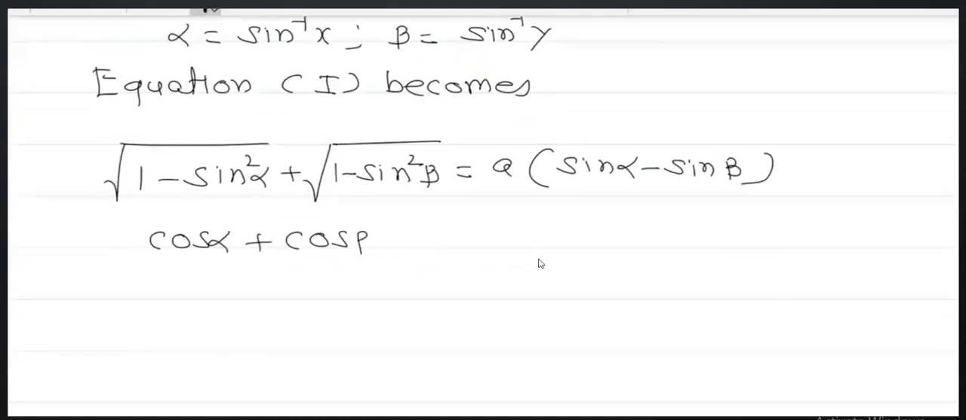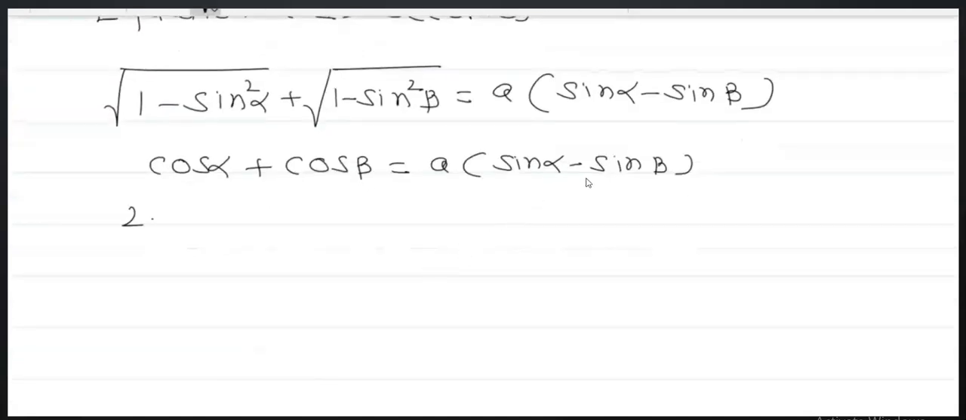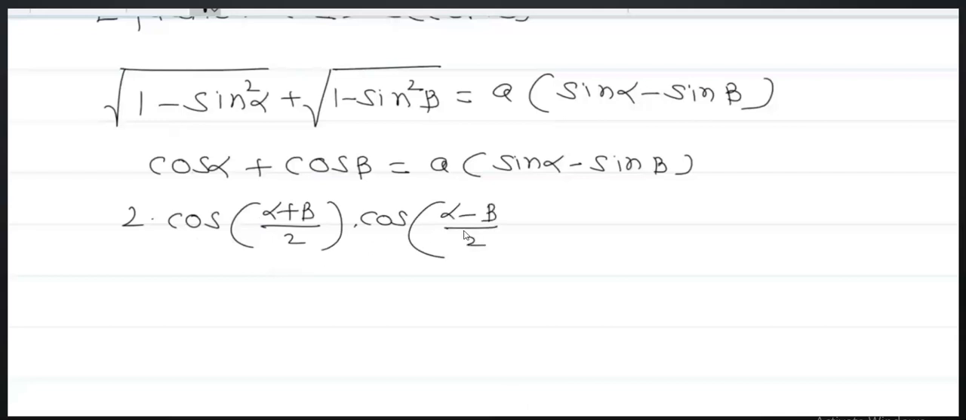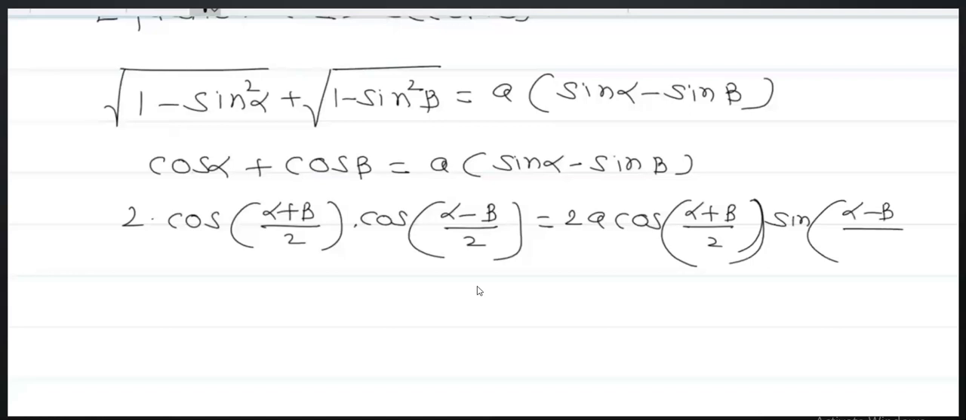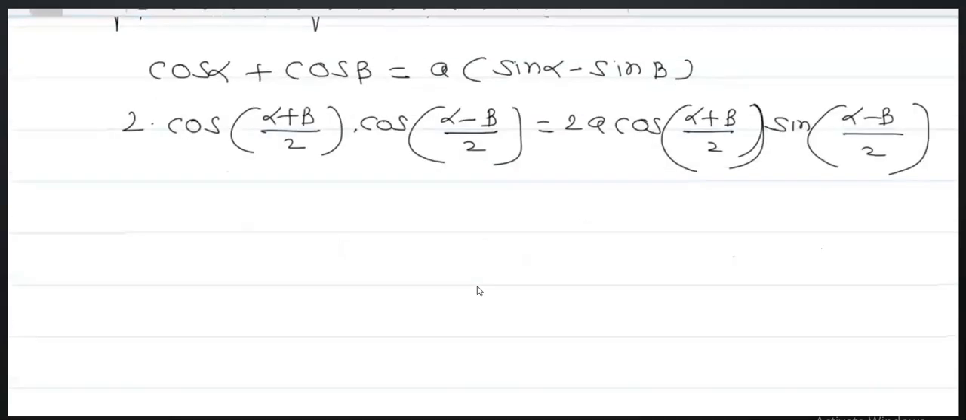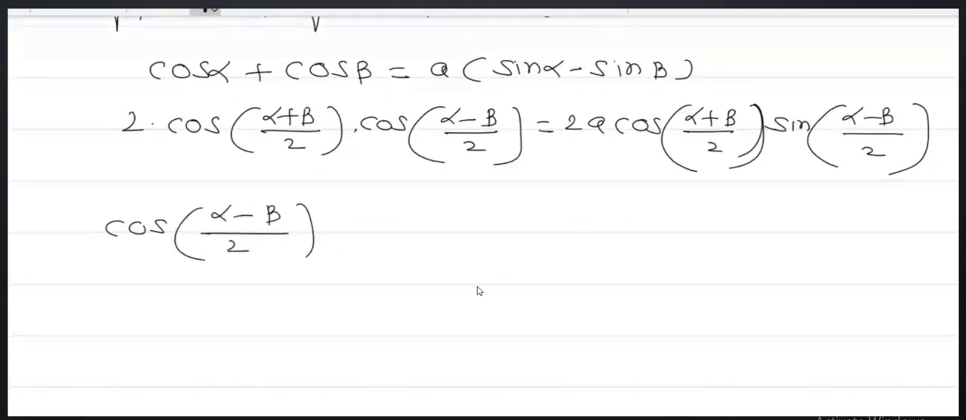That is, 1 minus sin square alpha means what? Cos alpha. 1 minus sin square beta means what? Cos beta. That is equal to a (sin alpha minus sin beta). That is, 2 cos of (alpha plus beta) upon 2 into cos of (alpha minus beta) upon 2 is equal to 2a cos of (alpha plus beta) upon 2 sin of (alpha minus beta) upon 2. These 2 get cancelled on both sides. That is, the cos of (alpha minus beta) upon 2